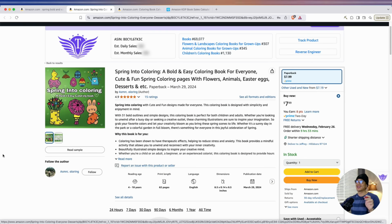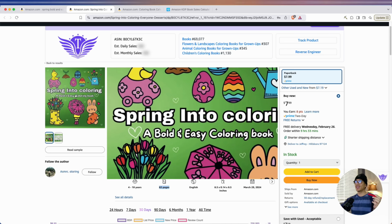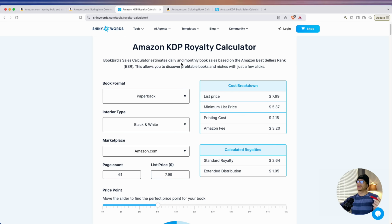Now, if we take a look at another book in this niche, this is the Spring into Coloring, a bold and easy coloring book for everyone. Has flowers, animals, Easter eggs. We can see this book has 31 designs, so less than the previous book. Only 62 pages for this book, 8.5 by 8.5 inches, priced at $7.99, which if we plug that into the KDP royalty calculator,